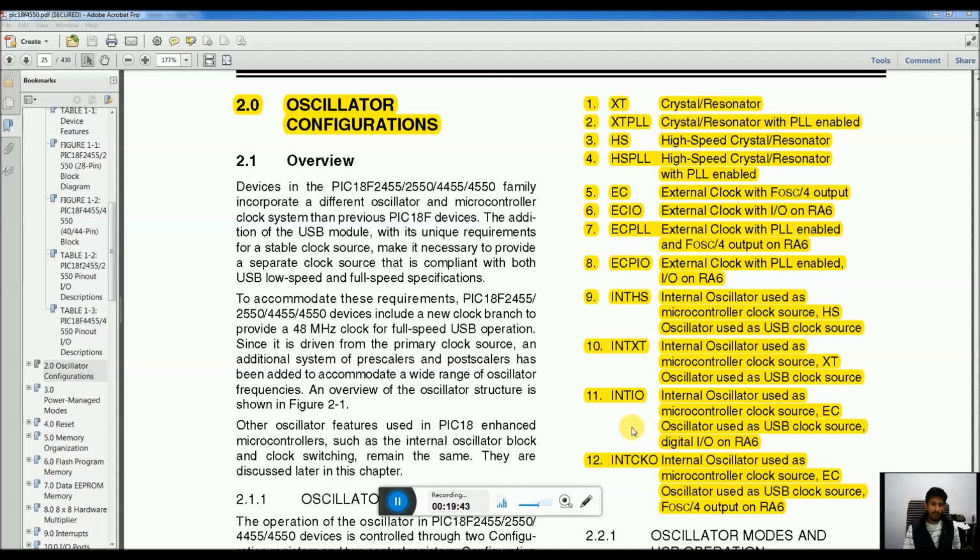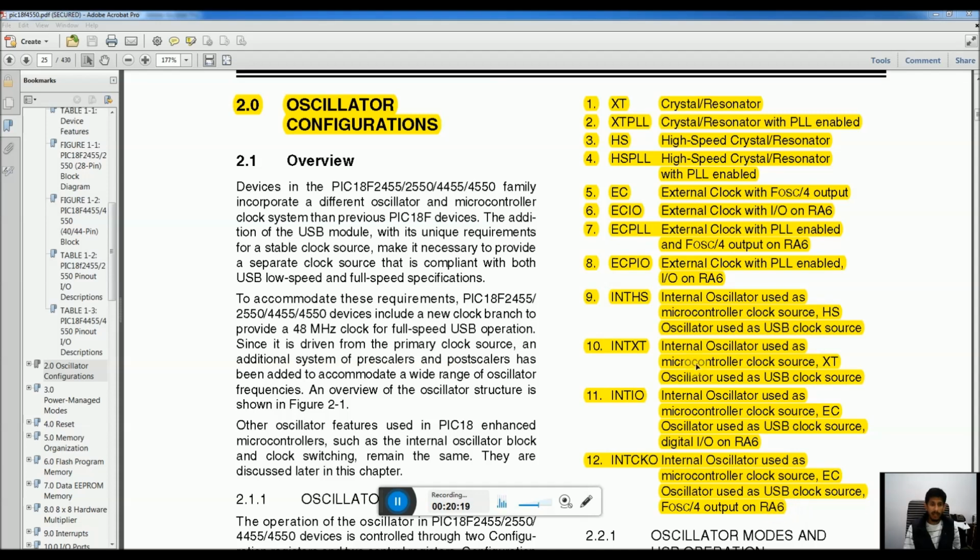And then we have finally INTCKO. So internal oscillator will be used as the microcontroller clock source, EC oscillator will be used as the USB clock source, and an output, F oscillator by 4, will be generated on the second free pin associated with the oscillator, that is RA6. That RA6 will not be used as port A's digital input output, but will be used to produce a divided clock on that pin that can be used for synchronization.